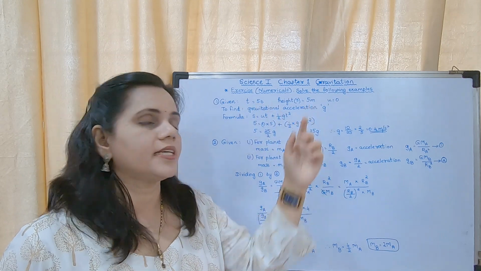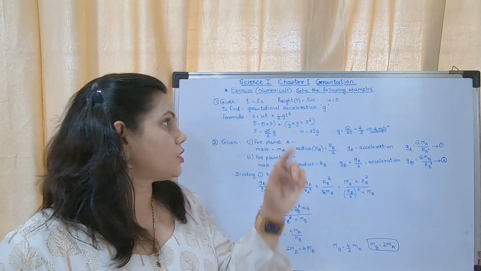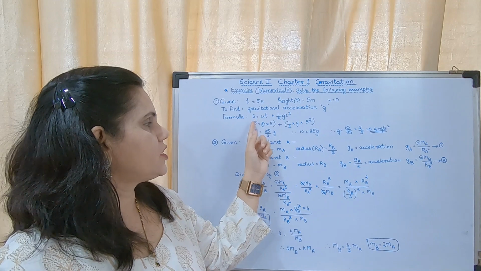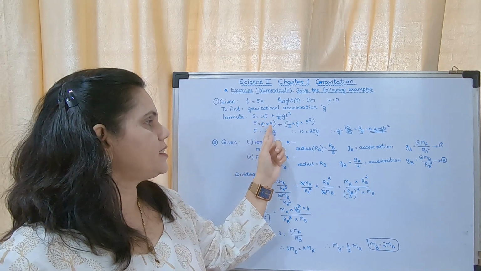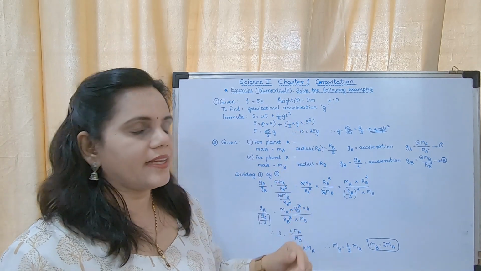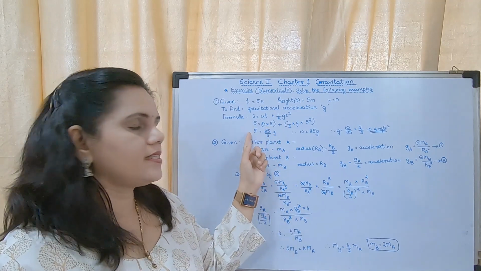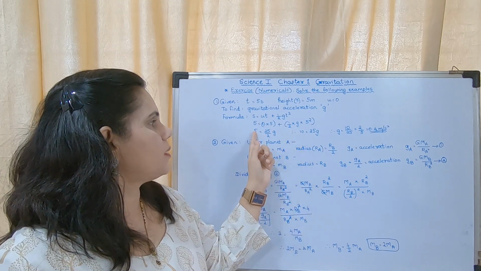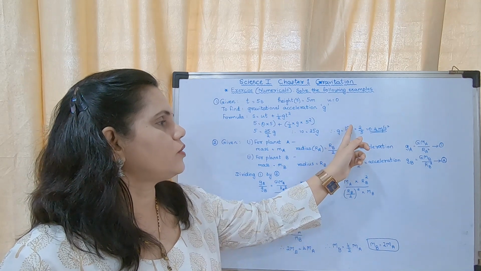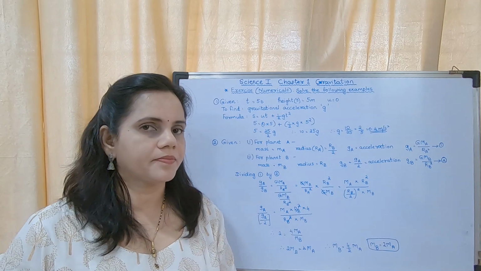All these three are there in the second equation of motion, so we will take the second equation of motion. s is equal to ut plus half gt square. Substituting 5 for s, u into t, that is 0 into 5, plus half into g into 5 square. This 5 square is 25, 25 upon 2 g. This will come to 0 and the 5 is there itself. So cross multiplying, you will get 10 is equal to 25g. Therefore, g is equal to 10 upon 25 or 2 upon 5, or it is 0.4 meter per second